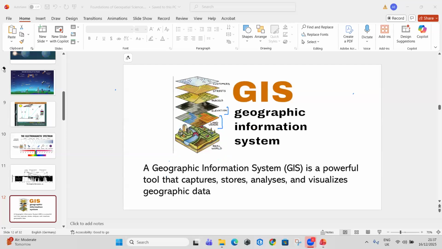So when I create some digital products from this raw data and analyze it in an application, it forms a geographic information system. So I would say an example of this is